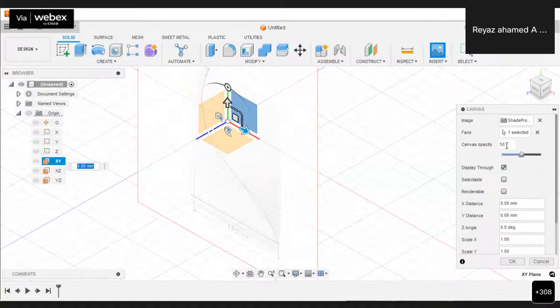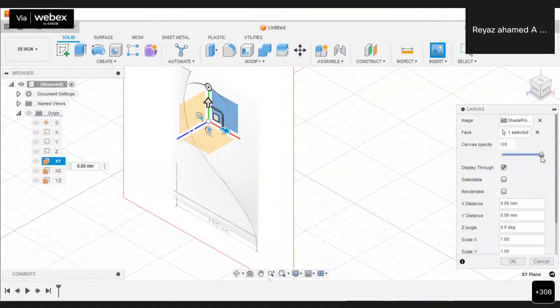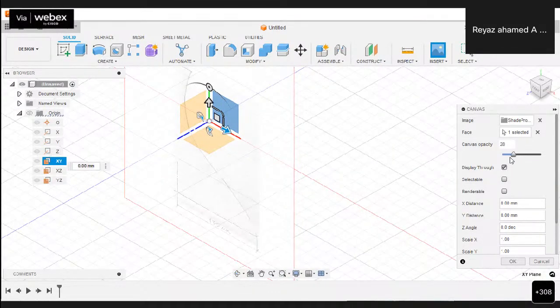Because of the 50 opacity value, the image shows as somewhat dull. So let me increase this opacity. See, if you increase the opacity, you can see your image darker. If you decrease the opacity value, the image will get dull. Okay.